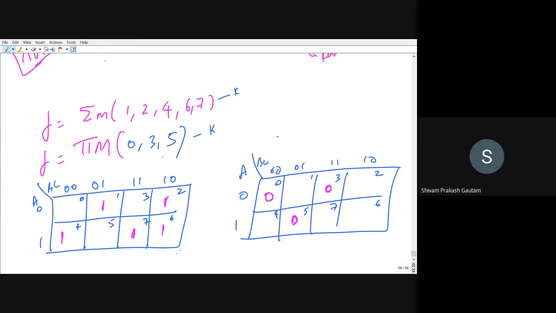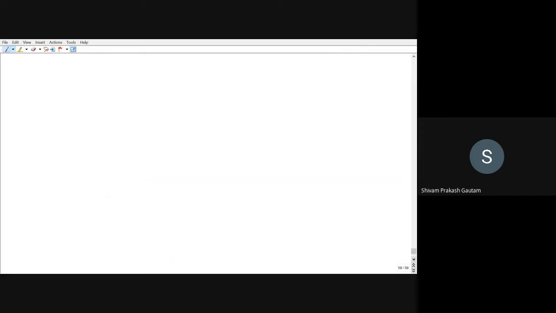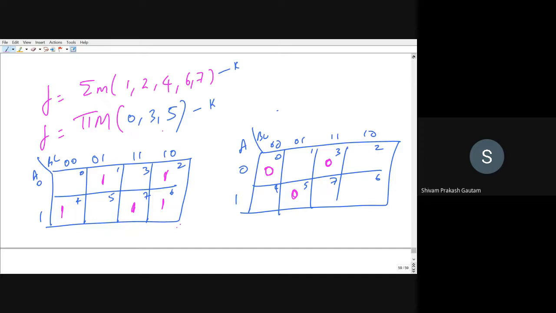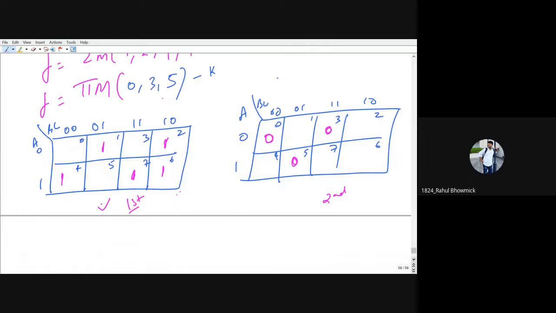No, sir. Okay. Now you have to go for isolated cells. Yes, look for isolated cells. First look in the first K-map, that is this K-map. This is the first K-map, let me say, and this is the second K-map. So look into the first K-map and tell me whether there are isolated cells present or not. Cell number 1. Okay, cell number 1, if you see, this is an isolated cell. Adjacent to it, all the cells are empty. I can write here F minimum.